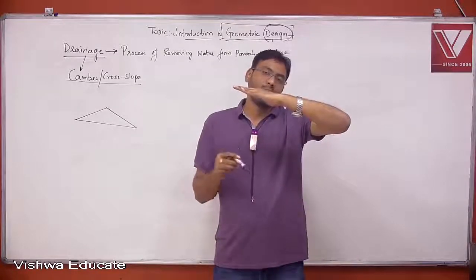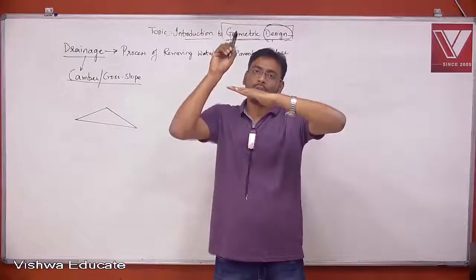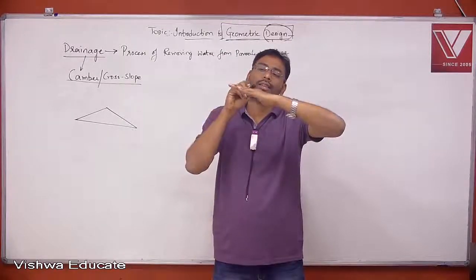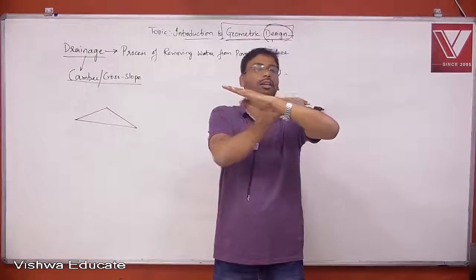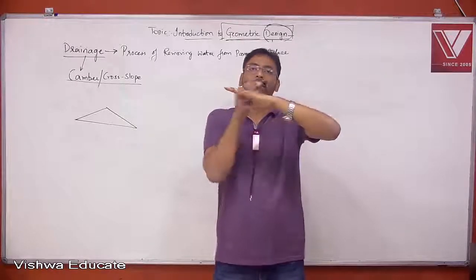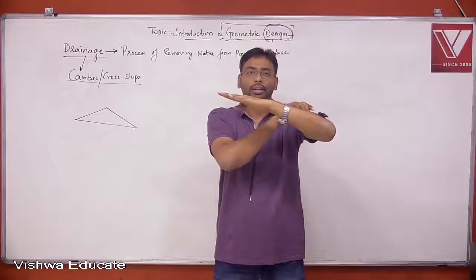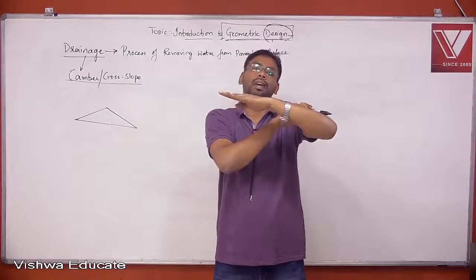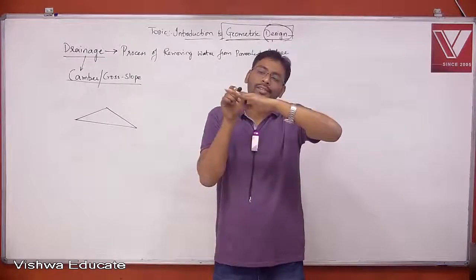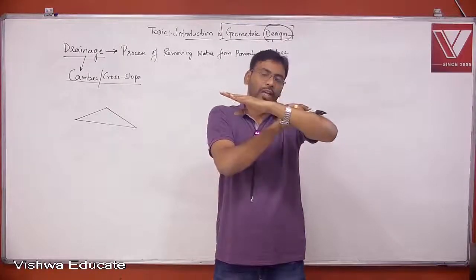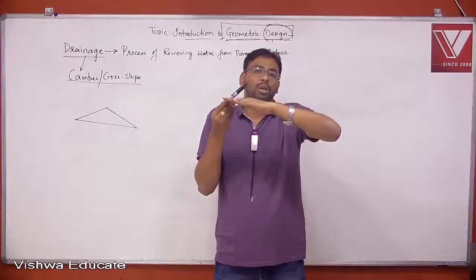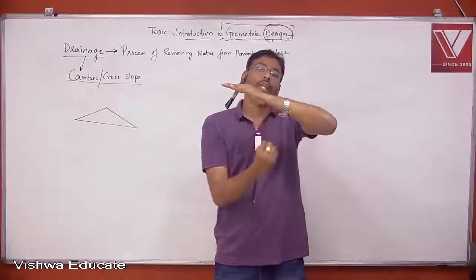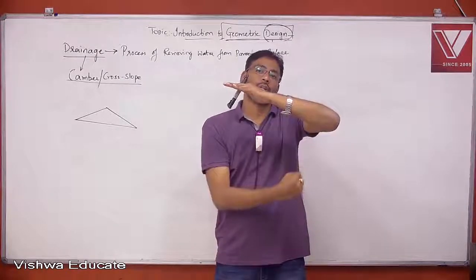So if you provide less slope, what happens? The water which falls will travel, but it will travel slowly. And as this is an earthen road, as it is traveling slowly, the contact time is more and more water will percolate below